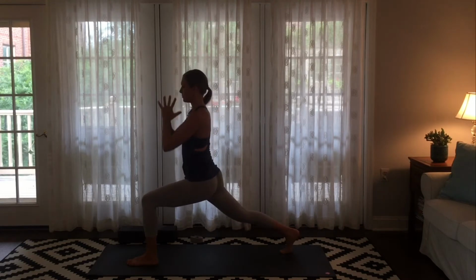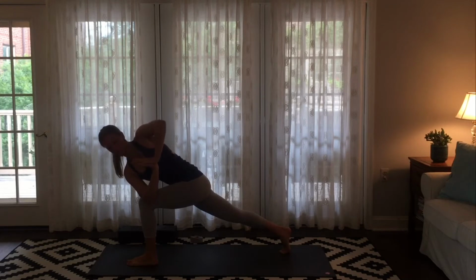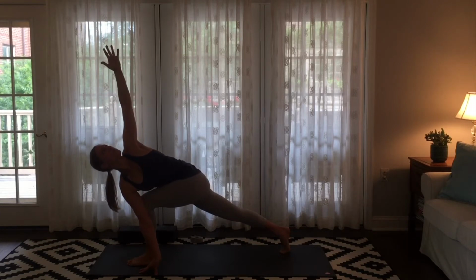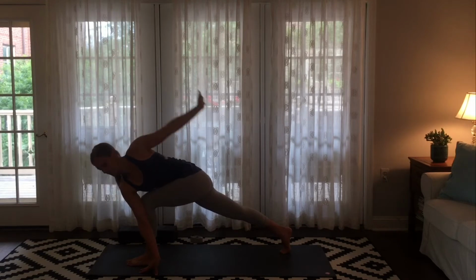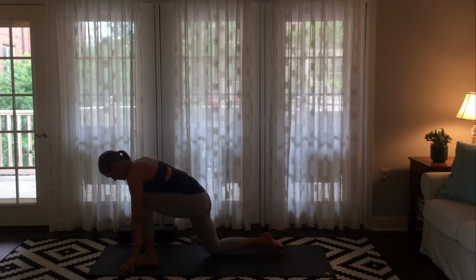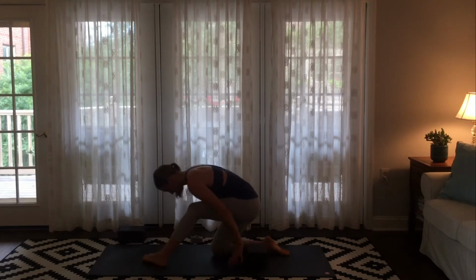Bring your hands at chest center. Inhale to lean forward. Exhale to prayer twist. And again, you can keep your hands here or split your arms open if that facilitates a nice deep twist for you on this side. Bring your eyes to the sky, to your top hand. And then release your hands down to the ground, Ardha Virasana, half hero's pose, by starting to lean back, sitting